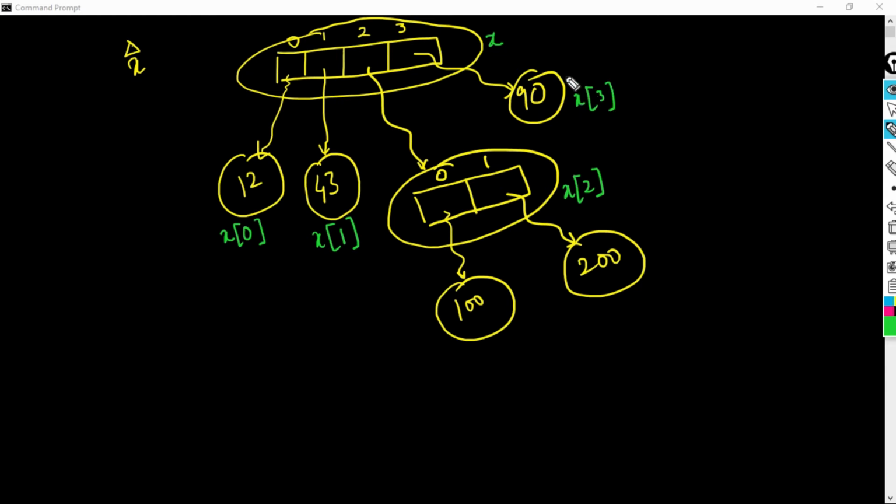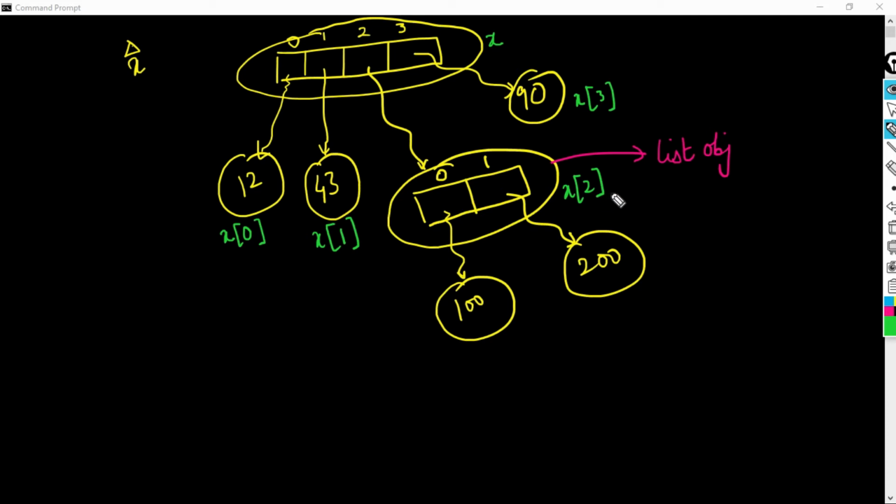In our code, we want to access 100, and 100 is one of the elements of the list. We know that it is at index 0 and we also know how to access any element of a list. We write the name of the list and within square brackets we specify the index of the required element. So here our list is x of 2.